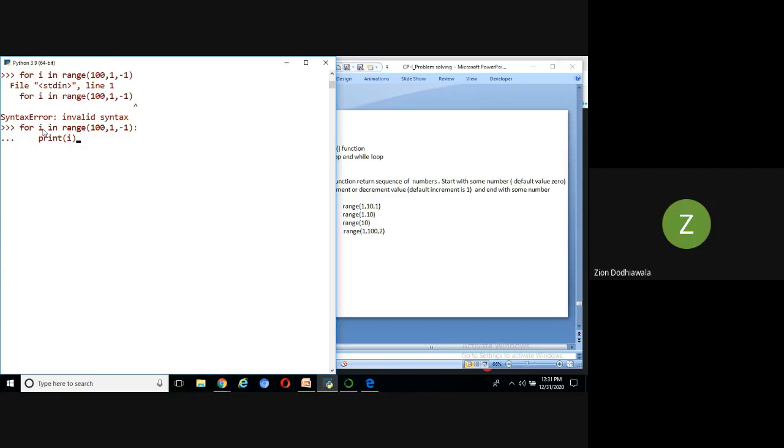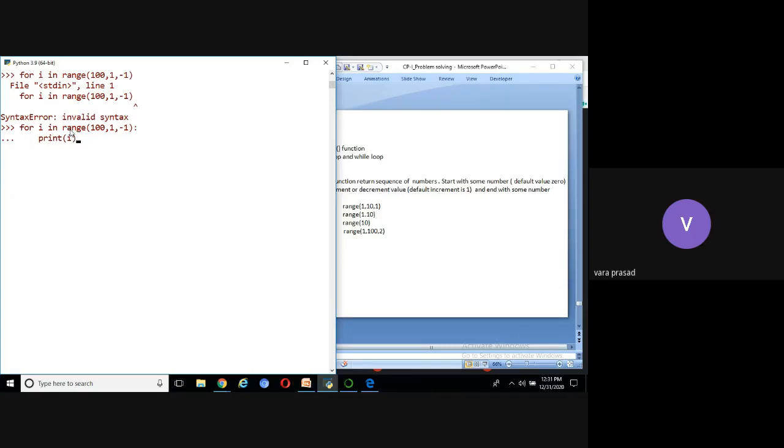I is a variable. It contains the list of values. It will get that list from where? Range function. Please try to understand. I is a variable. It contains the list of values. It will get those values from the range function.